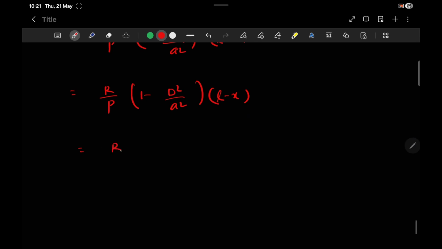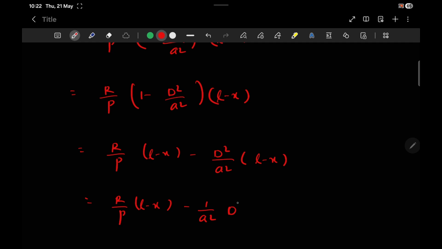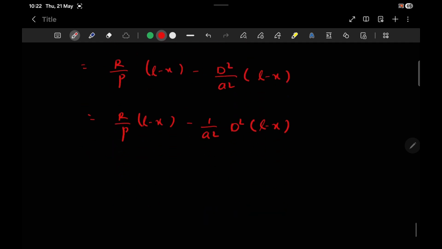So open this bracket: r by p, 1 is multiplied by L minus x, so L minus x, minus d square by a square of L minus x. So r by p, L minus x minus the derivative